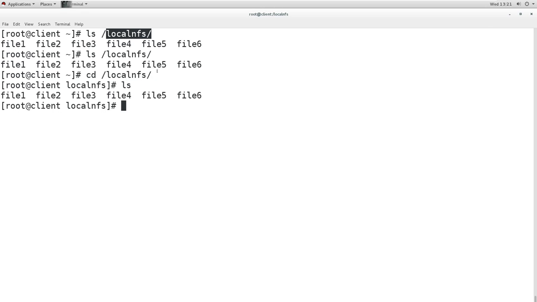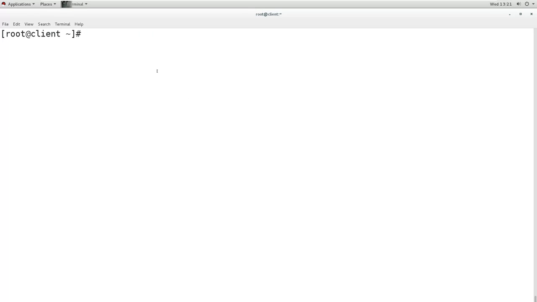So AutoFS means it will automatically mount the partition when it is required. Otherwise it will not mount. It will remain like this. So whenever your system reboots, it will not wait for the server to respond, because there is no requirement for it. But when you require the directory to be mounted, then it will be mounted. And this is the setting of AutoFS. And this AutoFS we will see in the next lecture.